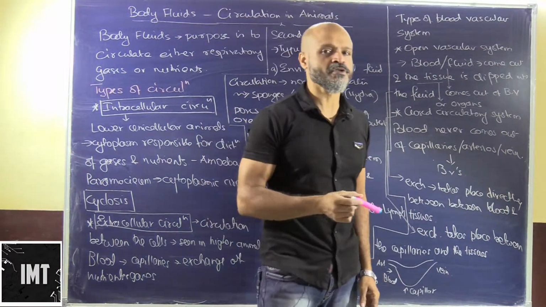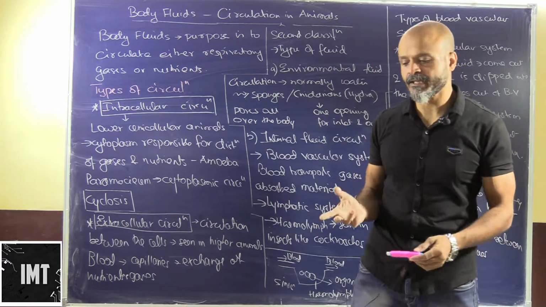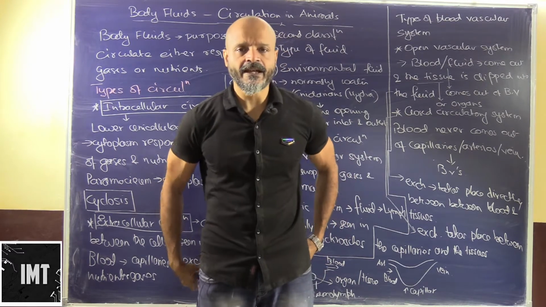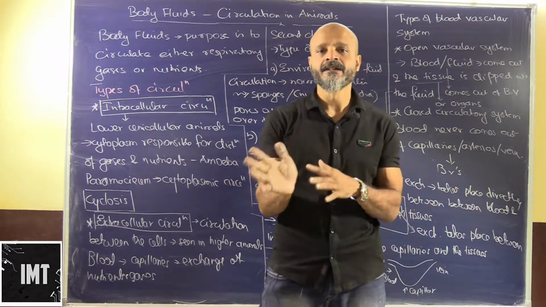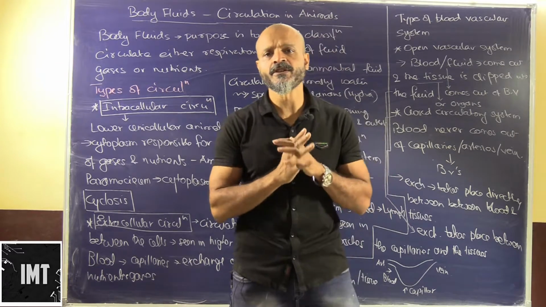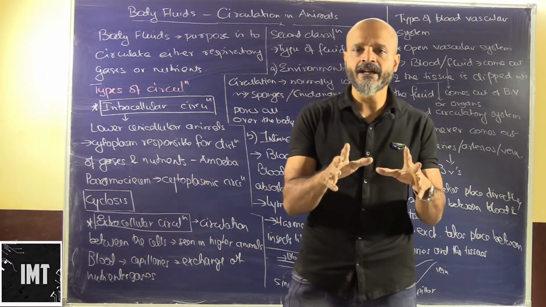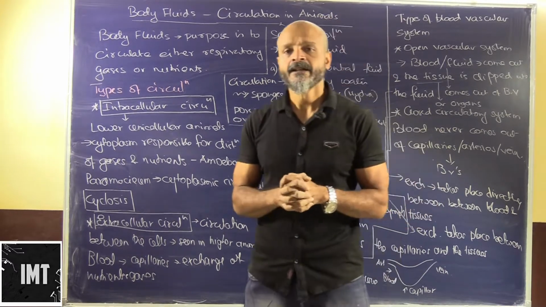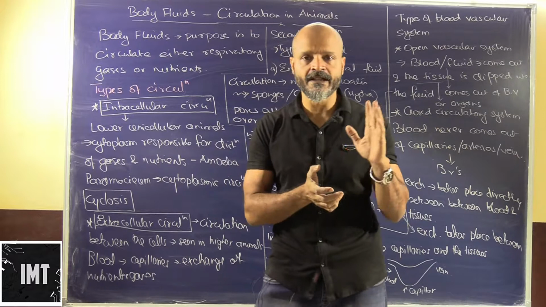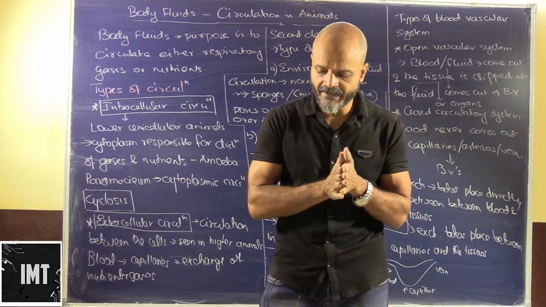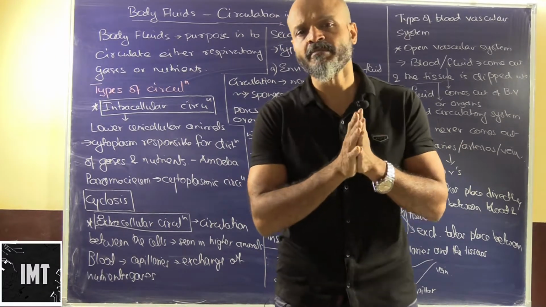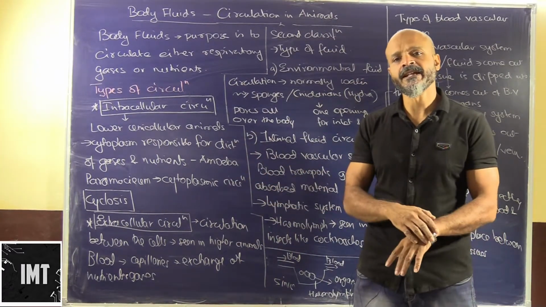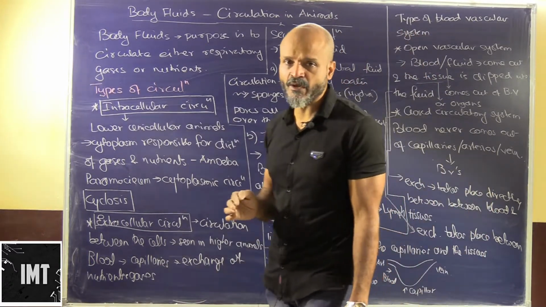So we are going to start with a new topic, or rather a new chapter. In CBSE we have the respiration and circulation parts in human physiology as different chapters. But in many boards we have respiration and circulation as a combined chapter, and in some boards it is in the 12th standard, in some in the 11th standard. By and large, if you have studied respiration, then in the same standard you will have to study circulation as well.